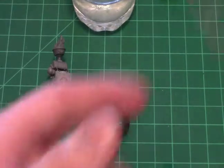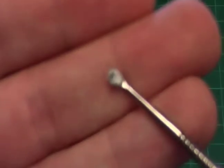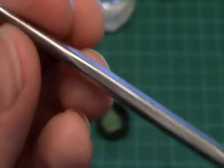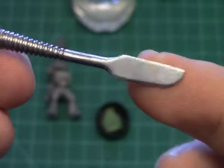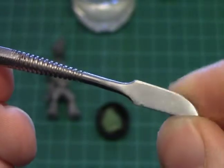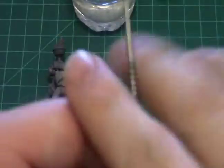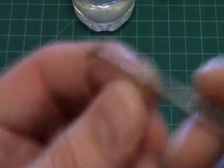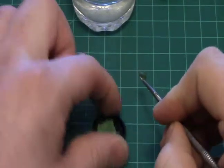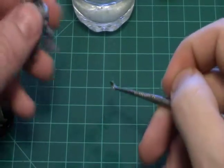Then we have a little tool. It's got a round edge, a little bit of green stuff because I'm currently using it. And then on this end is that. It is kind of sharp. It's not like a razor blade sharp, but it could cut you, so do be careful. Typically, I mainly just use this end because I'm pretty new at this. So what I do is I just break off a piece, and I'll just do it right on the cutting mat, and just take little pieces like that,